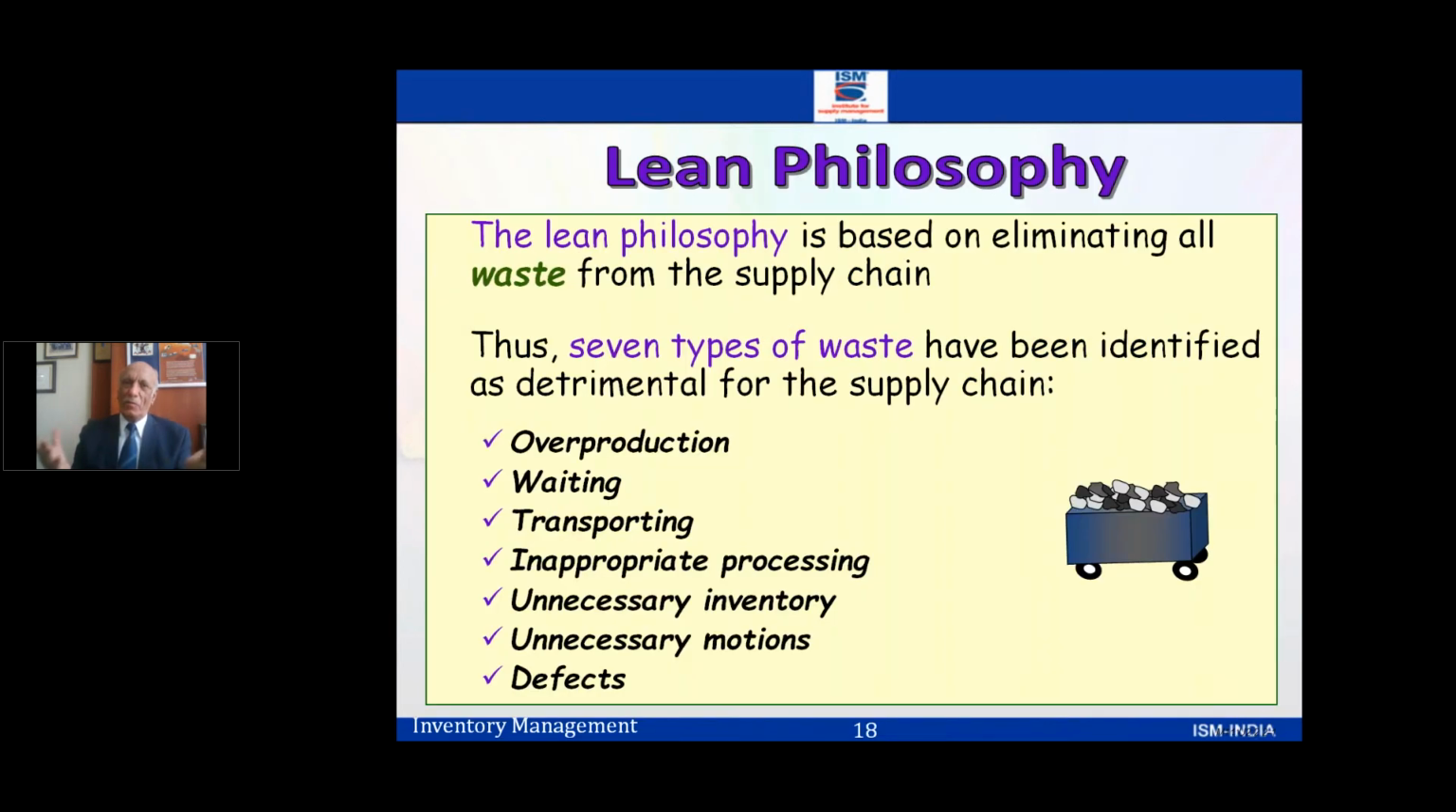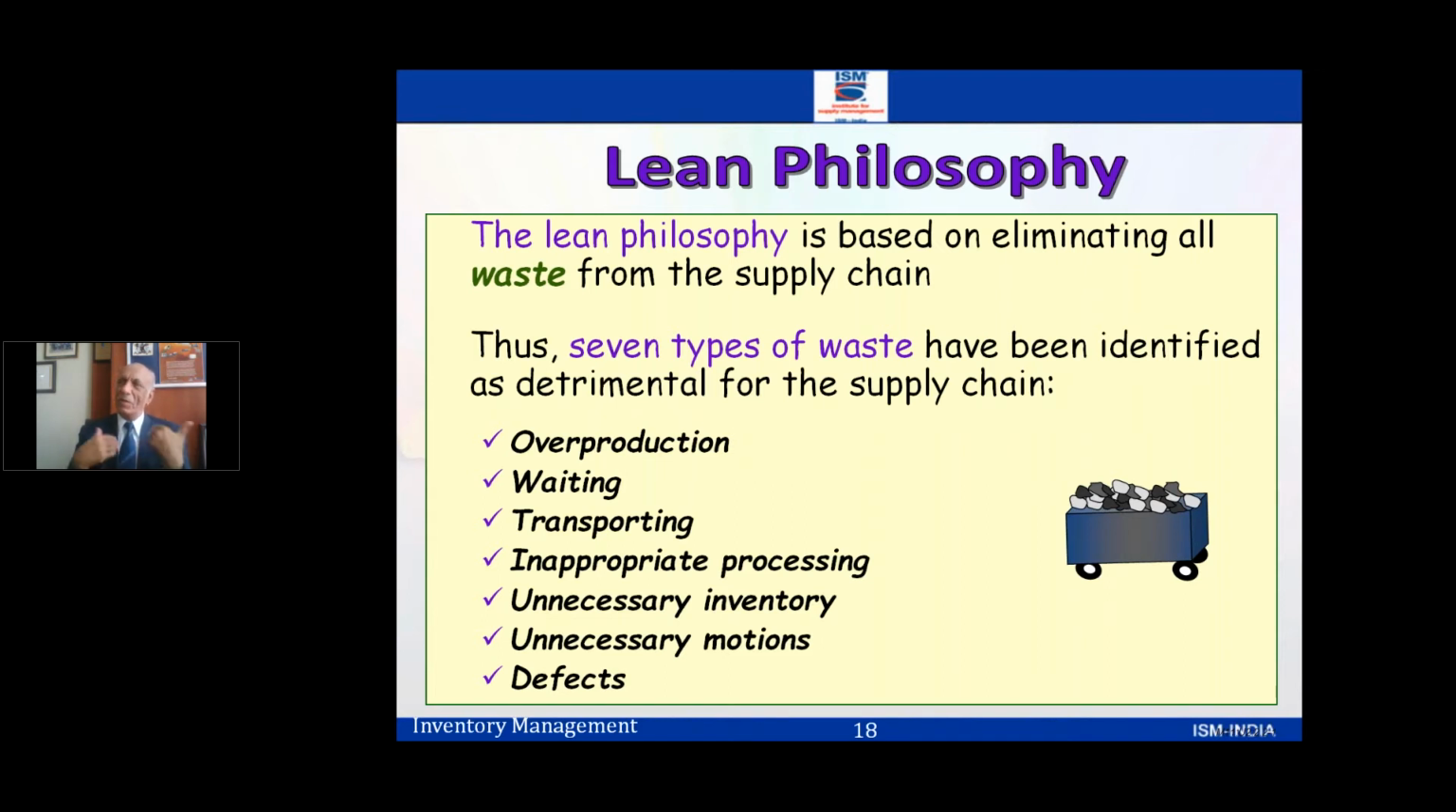Like anything else, everybody is moving into the lean philosophy in inventories, because inventory is fat, inventory is a waste. So the philosophy is based on eliminating all the waste from the supply line. Now the waste could be of 7 types,